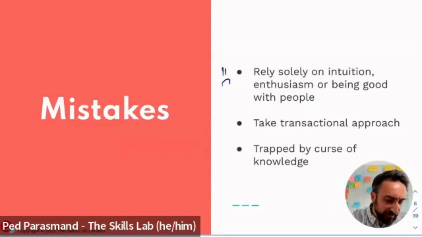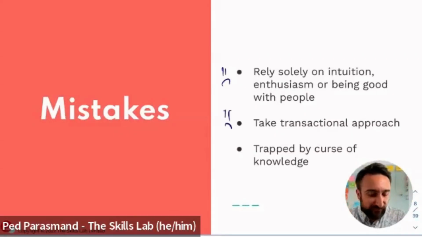The second thing here, I'm going to put some sad faces here, is sometimes we take a transactional approach. Now, not realizing that we're actually taking people on a journey. We're taking them from somewhere to somewhere else. And this is a difference with what I would say being transactional, which is, this is what we're doing, compared to being transformational, which is, this is where we're going, and that's why we're doing what we're doing.